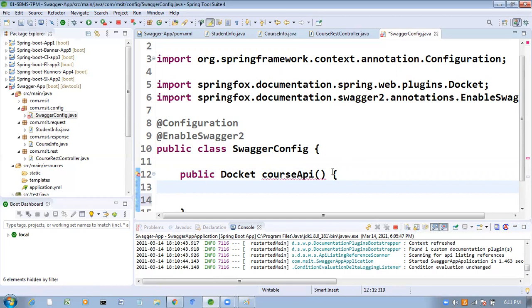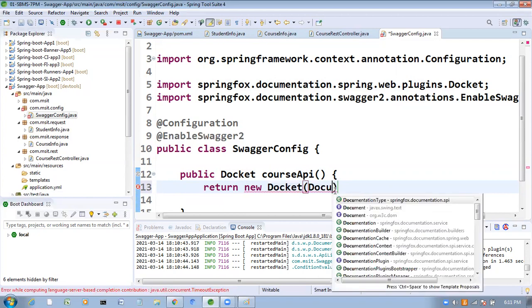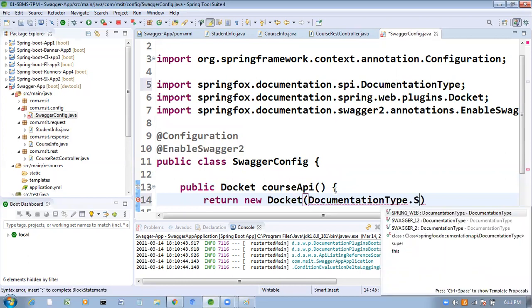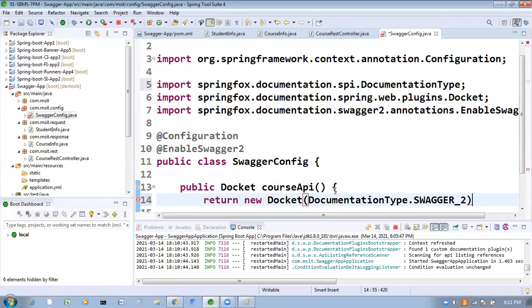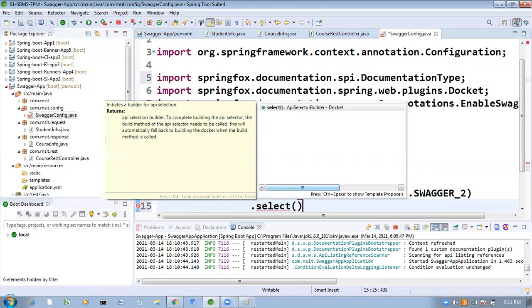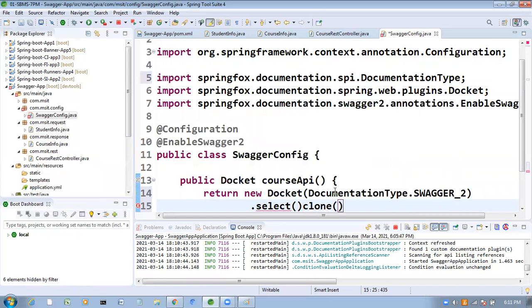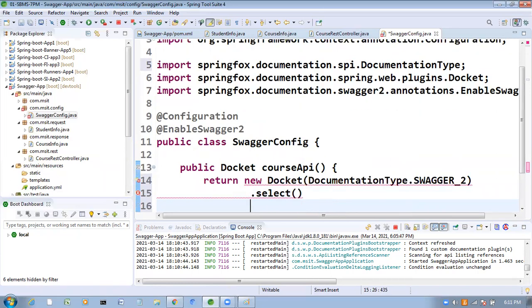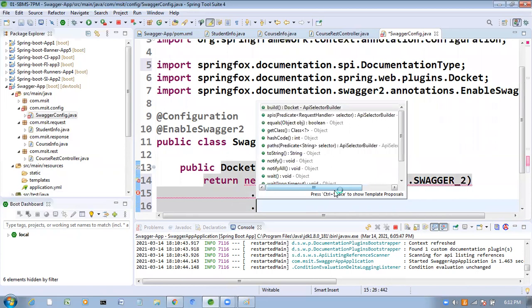Right here, courseAPI, return new Docket, DocumentationType dot SWAGGER_2 I am taking, dot select, dot apis.